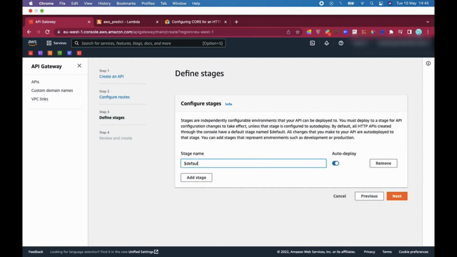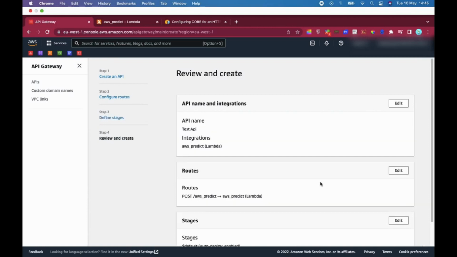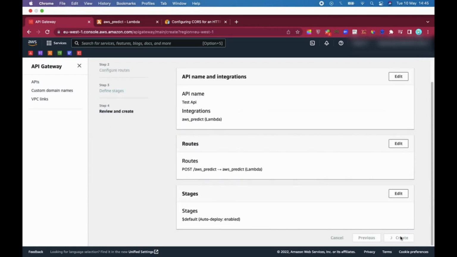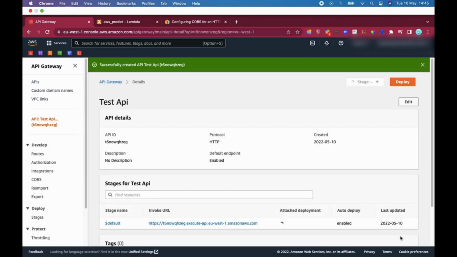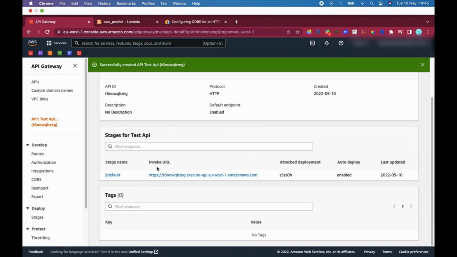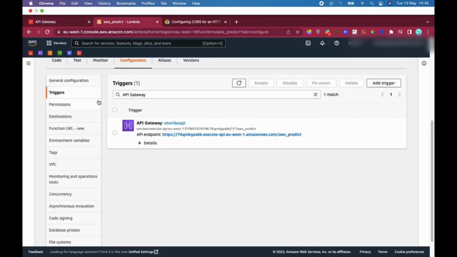Stage name, I like to use the default, but you can use whatever name you want. Like if you're in the production stage, you can use prod or production, or the development stage or the testing stage, but I like leaving it as default, and auto deploy on, and click on next, review and create, then create it. So as soon as you create your test API, if you click on the invoke URL, you can see it functions just well. So head over to your Lambda function,